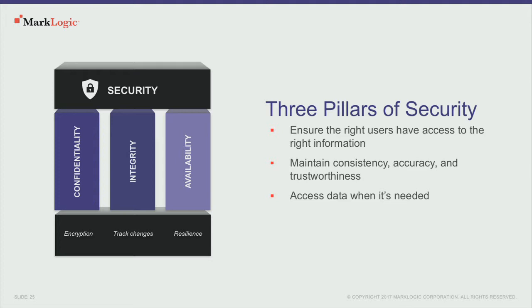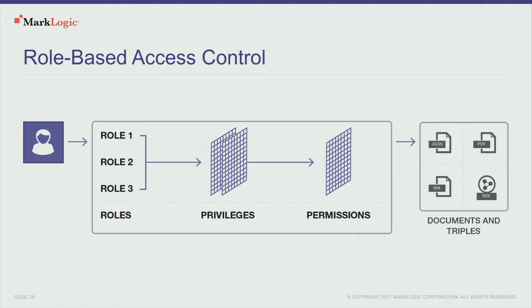And availability, often people don't think about availability as a security capability, but if you think about it, if something that was screening out bad guys or something through which 85% of the world's derivatives were flowing, that going down is a security problem. Not having the right information available when it's needed. So first I'll talk about confidentiality.